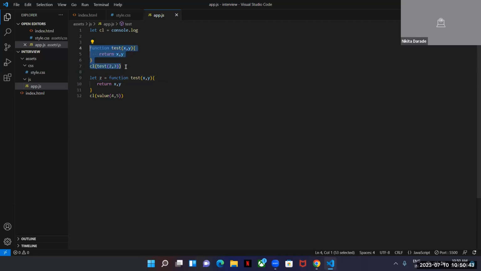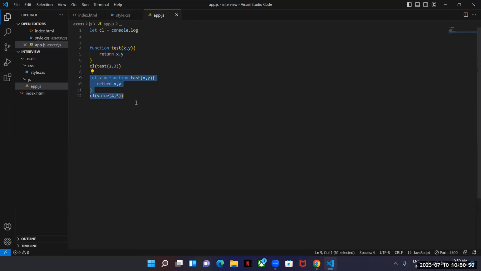First is function declaration, and second is function expression. Then try it after the interview.